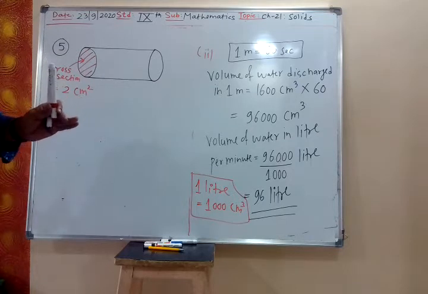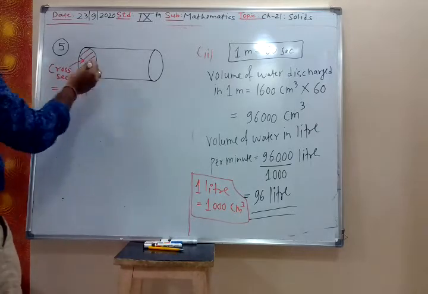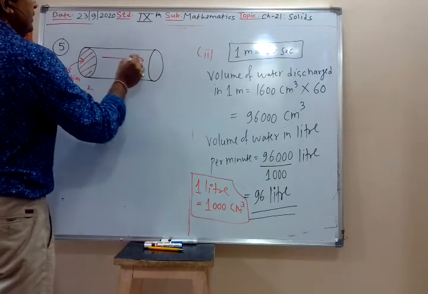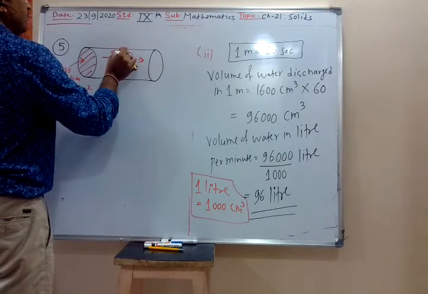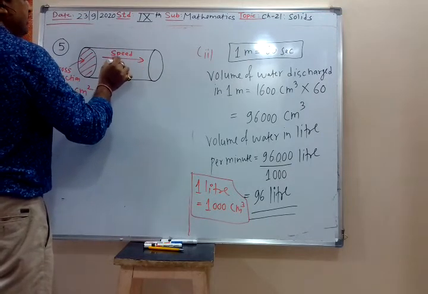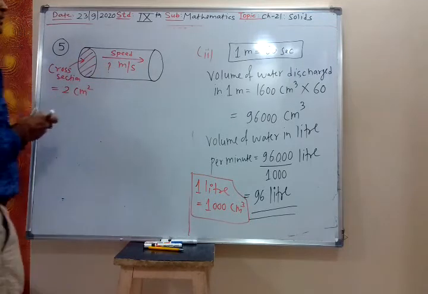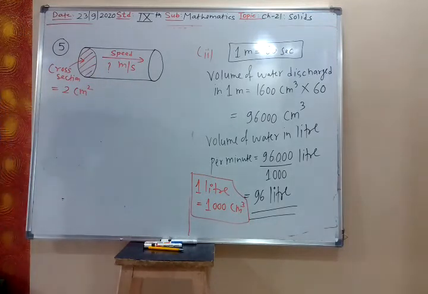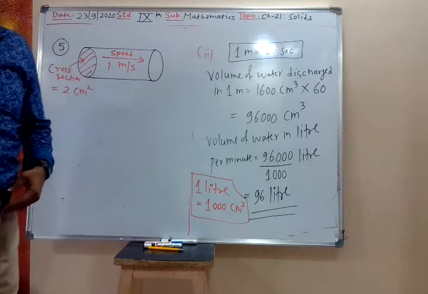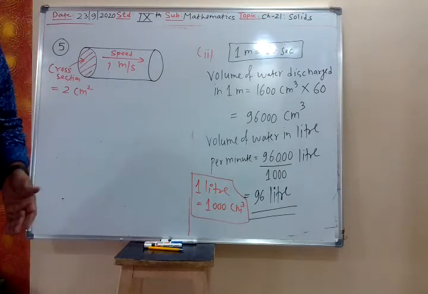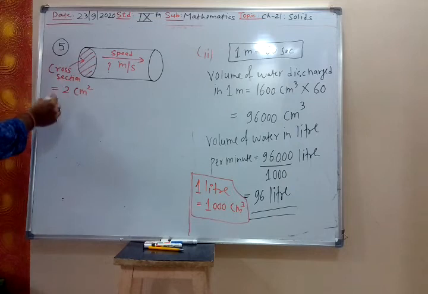What is the speed of water in meter per second? So now we have to find the speed of the water, in meter per second. Earlier the speed was given, and we had to find the volume of the water. So same logic we apply. So we write area of cross section.